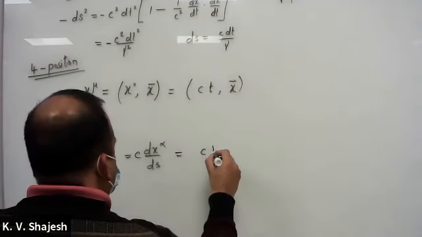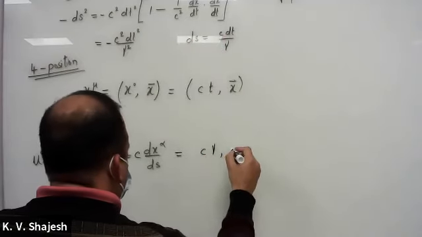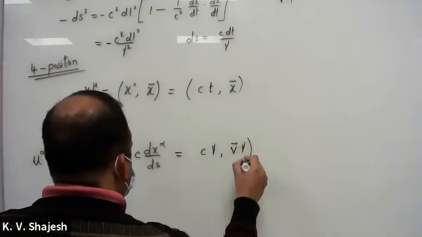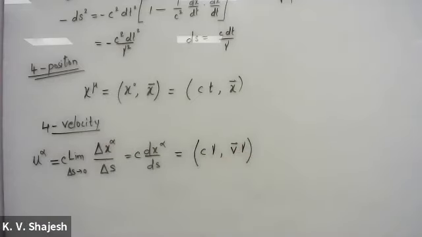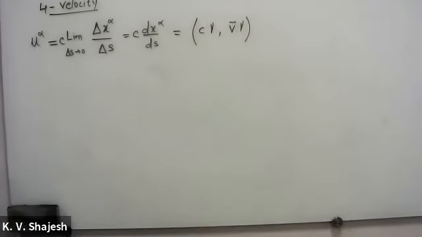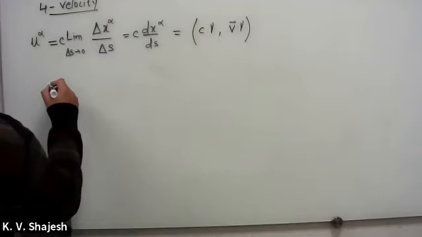So we get c times gamma there, and velocity times gamma. That was your four velocity. And while doing that, we also showed that u alpha,